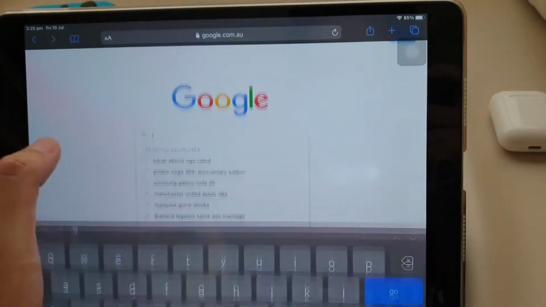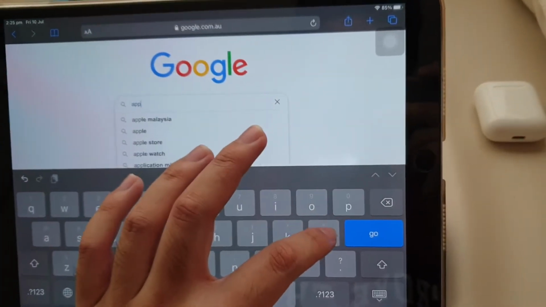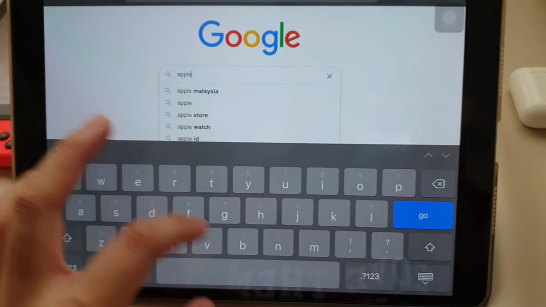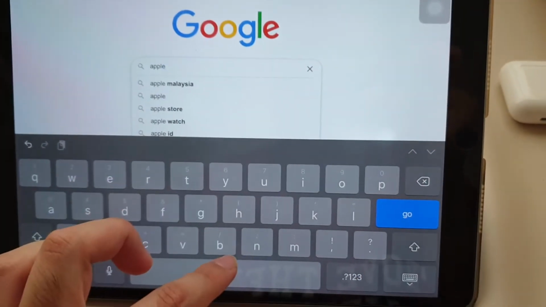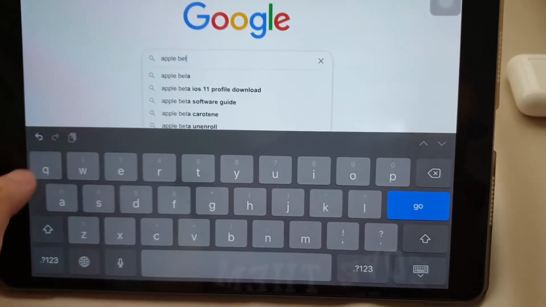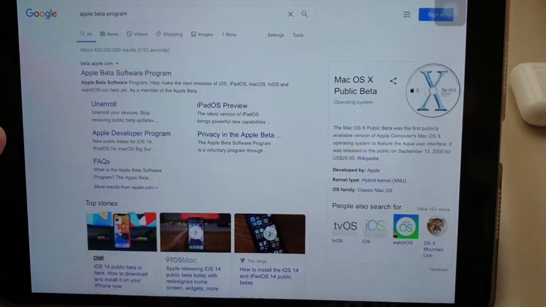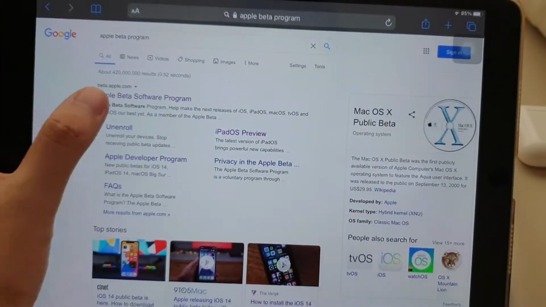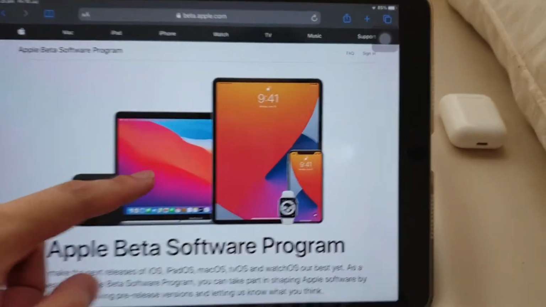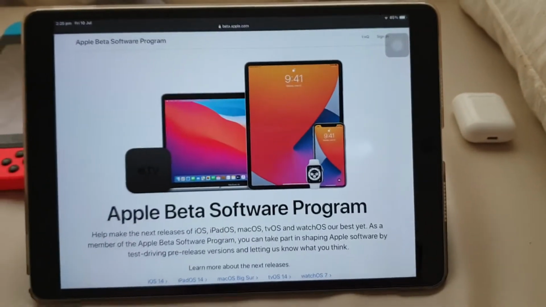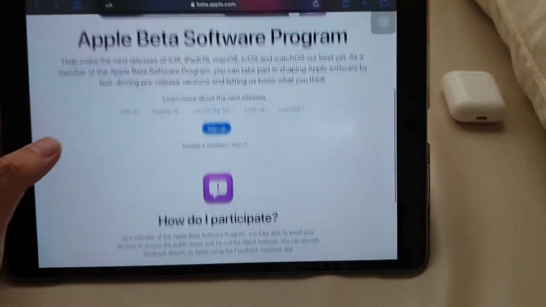So you all have to go to search and you type Apple beta. Obviously you need to add a space before beta. Then go to beta program. If you click the first one and you see beta program, you click it, and you see all those iOS 14 icons with the default wallpaper, which means iPadOS 14